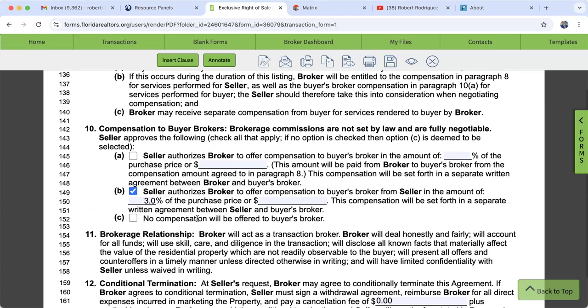If your seller opts to not pay for compensation, letter C, no compensation will be offered to the buyer's broker, then they're risking their property staying on the market for a lot longer than it should. Because not many buyers are going to want to show the property maybe if a compensation is not being offered. So we need to talk to our sellers and we need to let them know, although the law now states that compensations are fully negotiable and there is no obligation to pay compensation to a buyer's broker. In most cases, most sellers are. So